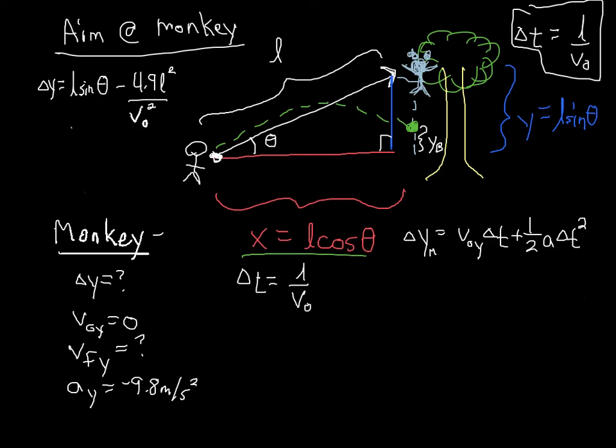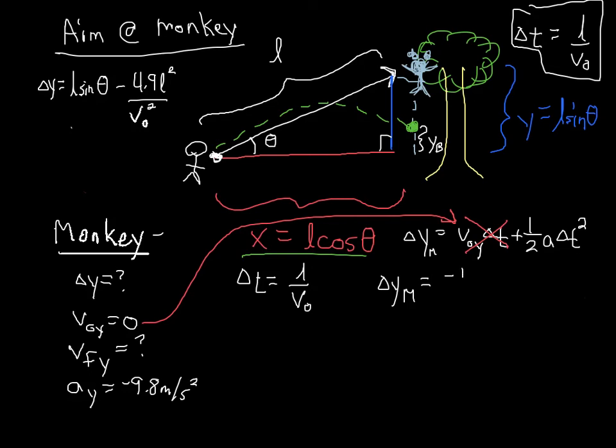Now this V naught Y times change in T is going to go to 0 because our initial velocity of the monkey starts at 0. So that cancels out nicely. And we end up with change in Y for our monkey is equal to